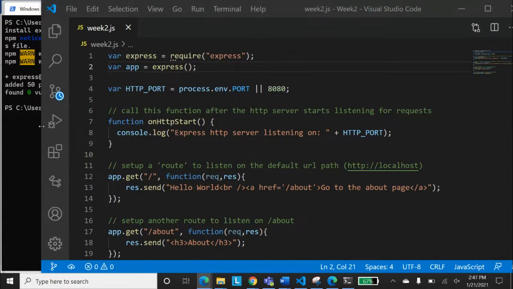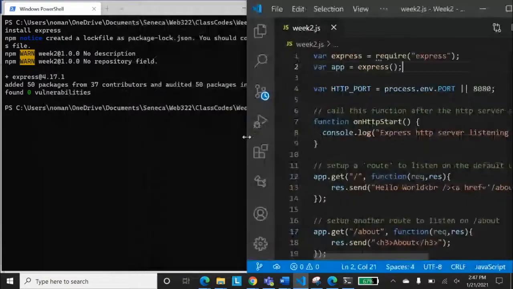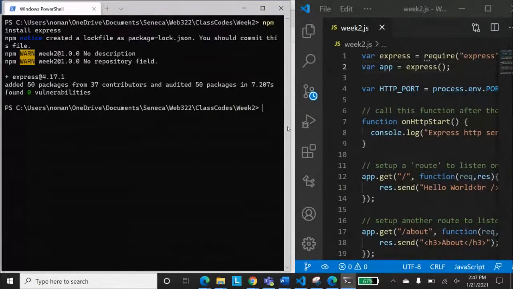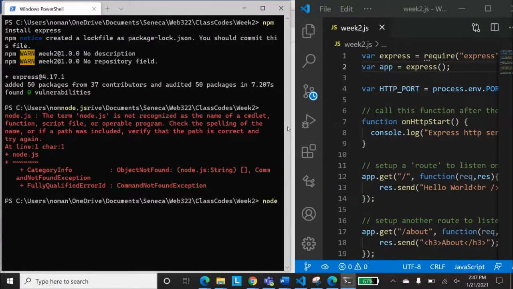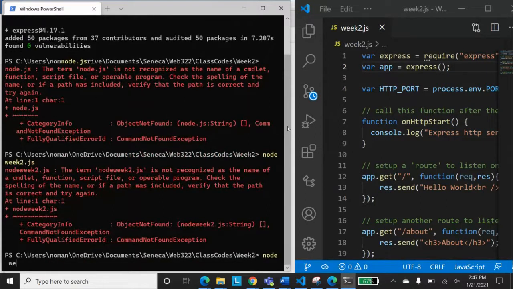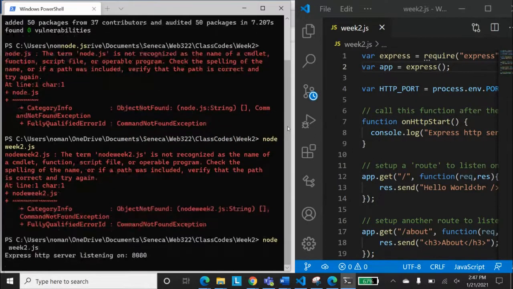And now we need to run our program. Let's run this program: node space week2.js.